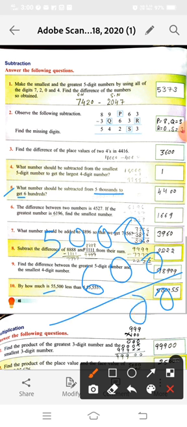0 minus 0. Now here we will borrow from here. Then it will convert into 10. Then 10 minus 6 is equal to 4. And here is remaining only 4 because it gave 1 to this 0. So now here is 4. So write down the 4. So the answer is 4,400. Okay.